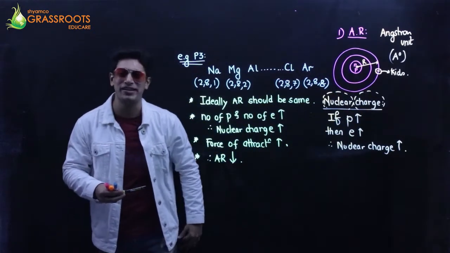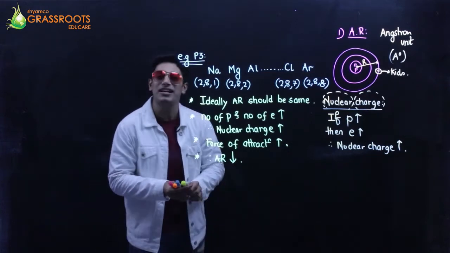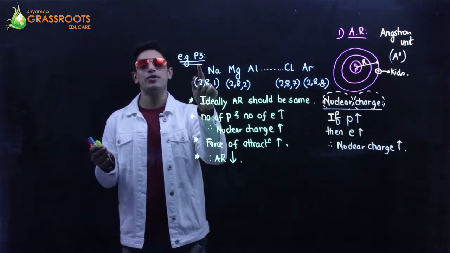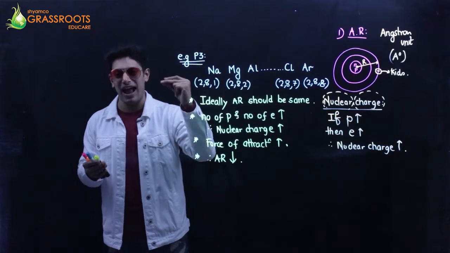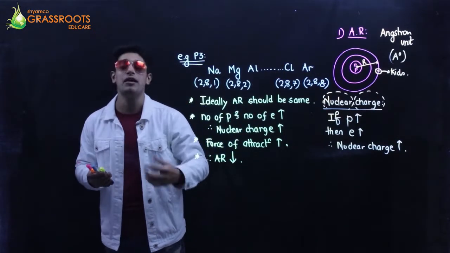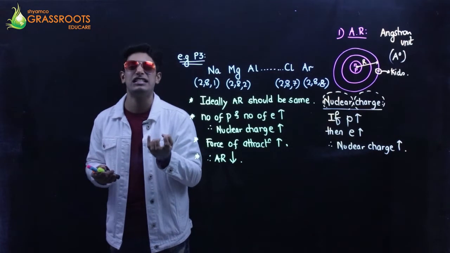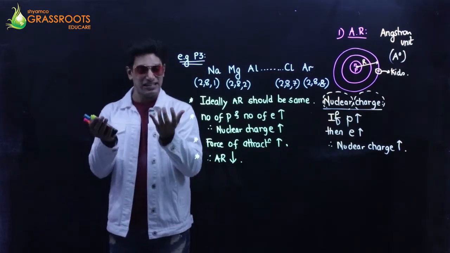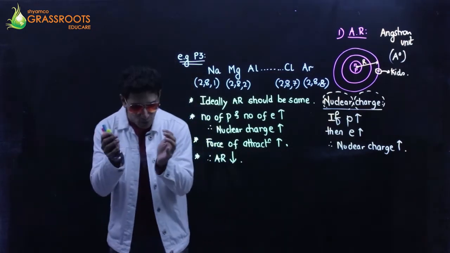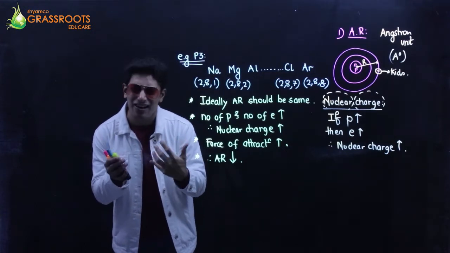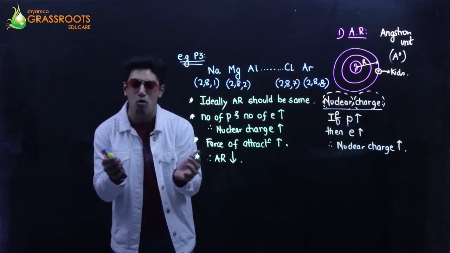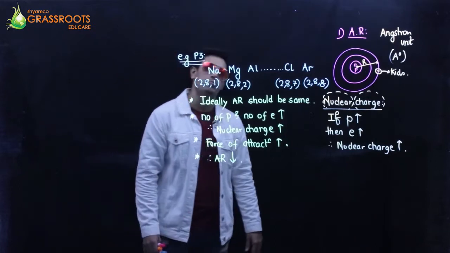Wait now. I know you're inquisitive about what's going on. But can I say in general, as we go from left to right in a periodic table, the atomic radius decreases because the force of attraction increases. The pulling effect increases. And obviously when the pulling effect increases, they love each other, they come close to each other. A bond is developed. They become small.